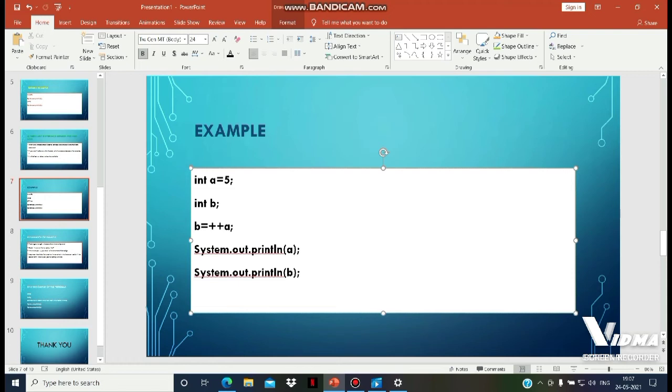So plus plus is the increment. First we have to increment. This is a pre-increment operator. Pre means first. So first we have to increment this value a. So incrementation of value a, 5 plus 1 equal to 6. So b is assigned as 6. So a is already incremented to 6. So as we printed a and b, now the output will come as a is 6. Already we incremented it here as 6, and b is assigned the incremented value, that is 6.